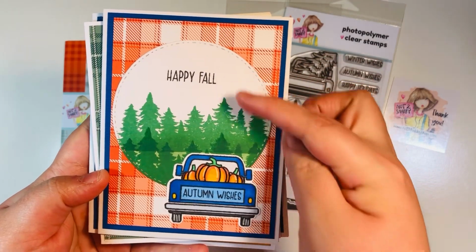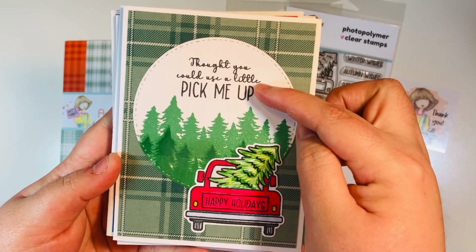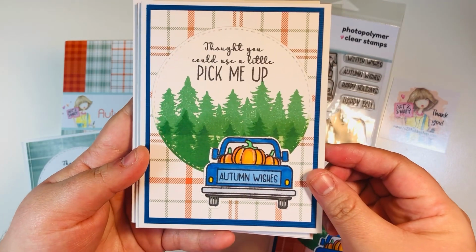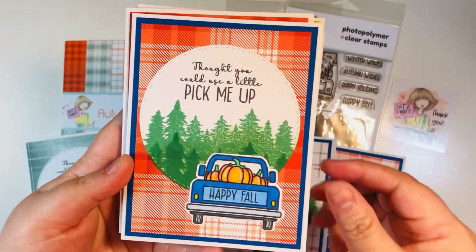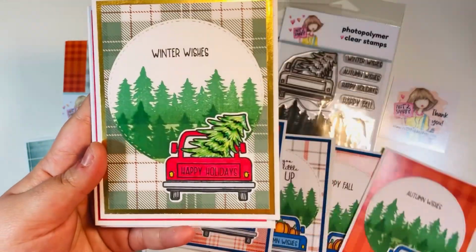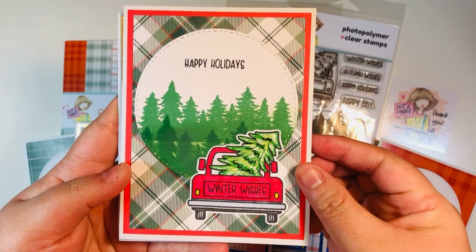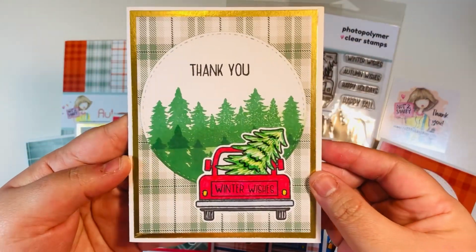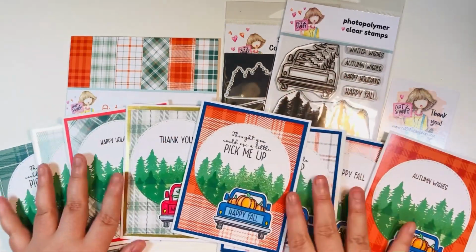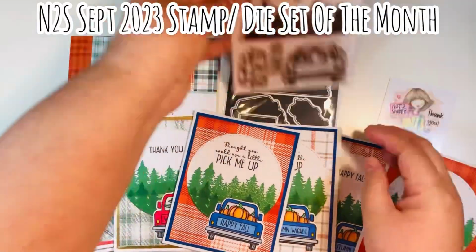We have 4 cards that are for fall theme, and you see here I mixed and matched the sentiments. I also mix and match the sentiments on all the rest of the cards. So each of these cards has a combination of 2 different sentiments, one at the top, one at the bottom. And then again, some of the cards have layering mats, some of them do not, just like this one. So you just have a variety. You have 4 fall cards, and then I also had 4 sort of Christmas holiday cards as well. And so I just layered on 2 layers of trees, added our cute little truck. Again, 8 cards, 1 stamp set, or 1 design, 8 different ways, for fall, for Christmas,